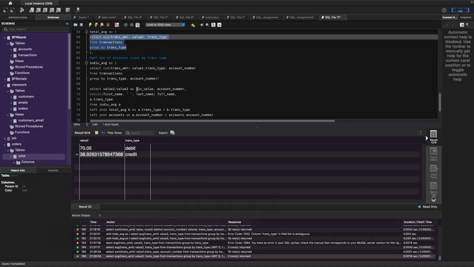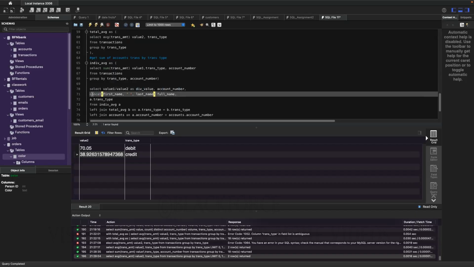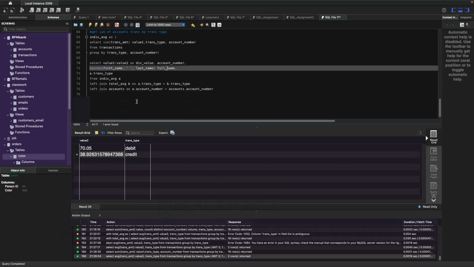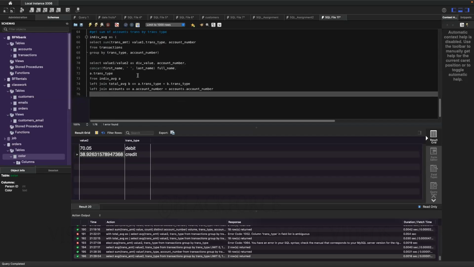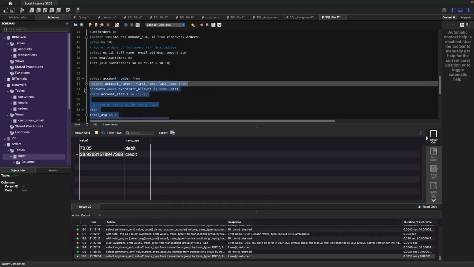So I'm creating them and I'm calling it div value, right? I'm getting the account number, the first name and last name as the full name, and the transaction amount, for each account number. So if I run this now,